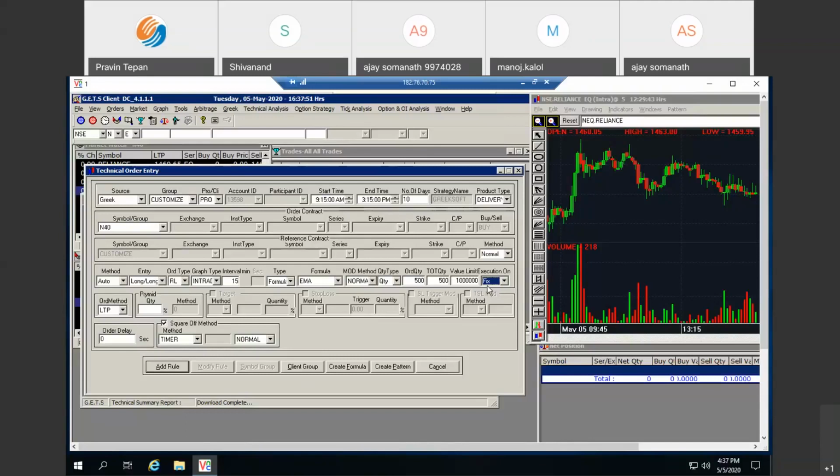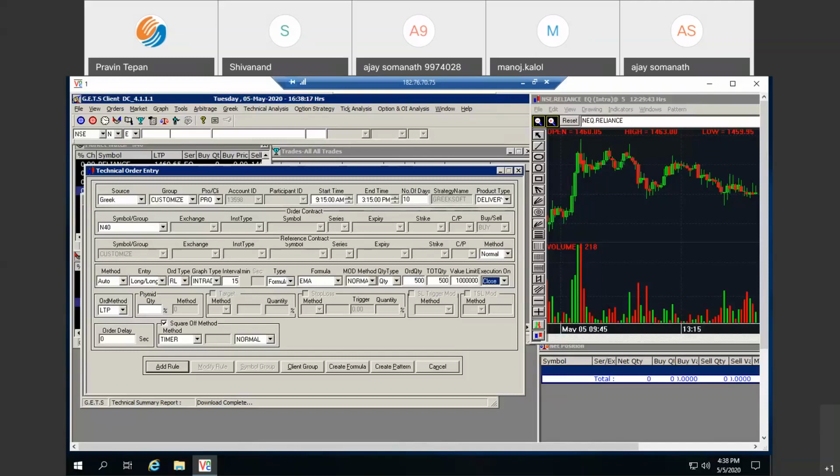So from the high and low values, whenever the high breaks, it will buy. Whenever the low breaks, it will sell. So like this, we have given all the options. If you want to place the order immediately, if you want to place the order at the close of the candle, or if you want to place at the breakout of high or low, all three options are there.